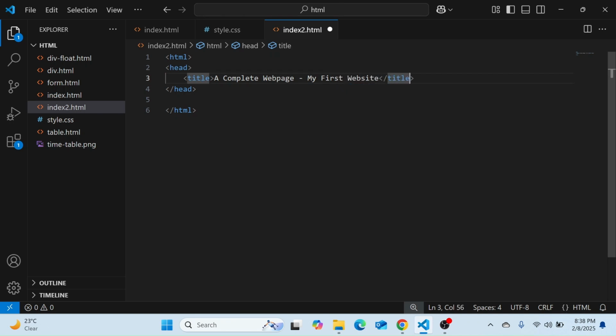All right, and we're going to have a style sheet, an internal style sheet. So I'm going to put all the style sheet inside this web page, and I do not have any code at this point. And then we have a body tag,